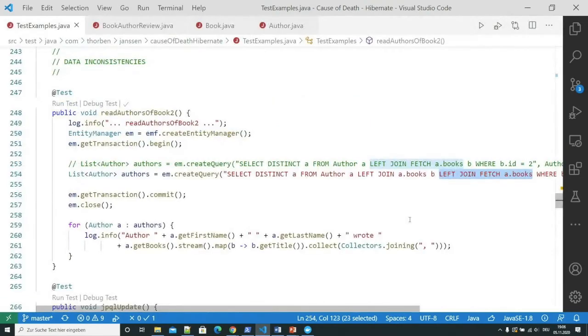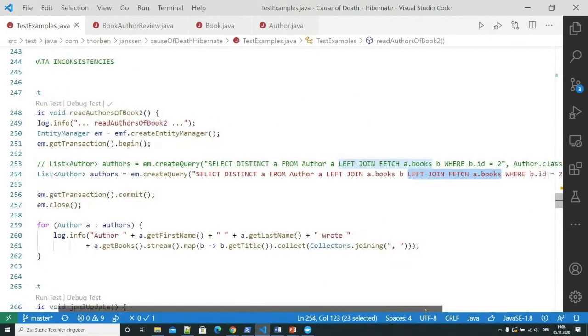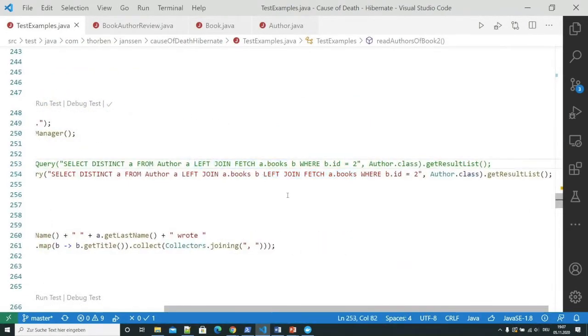Why is the result different? Well, up here in the first query, we mixed two things together. We used the join fetched association in the where clause to limit our result set to all the records with the book ID 2. And we used the left join fetch to tell Hibernate to initialize the association between the books.